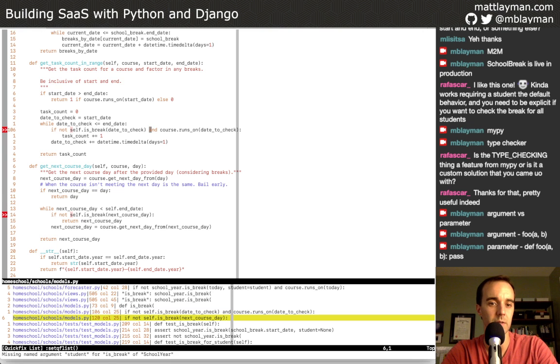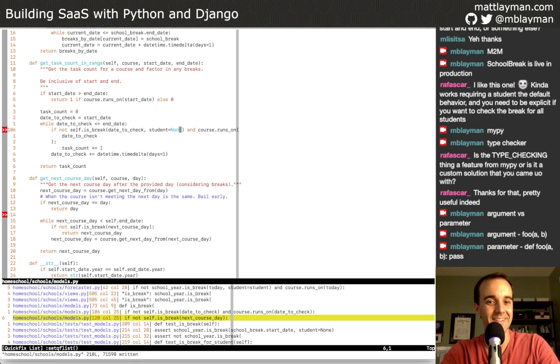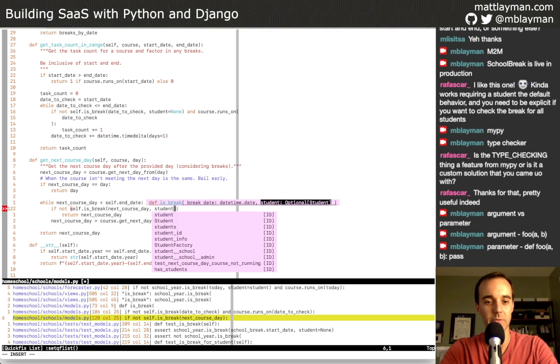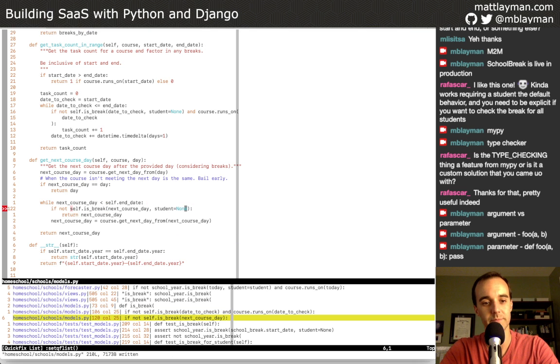I'm going to just ignore the fact that my search tool didn't find everything. That's terrifying, as someone who really depends on that. Yeah, I also have been mindlessly just adding student equals none when that may not be right. Shoot.